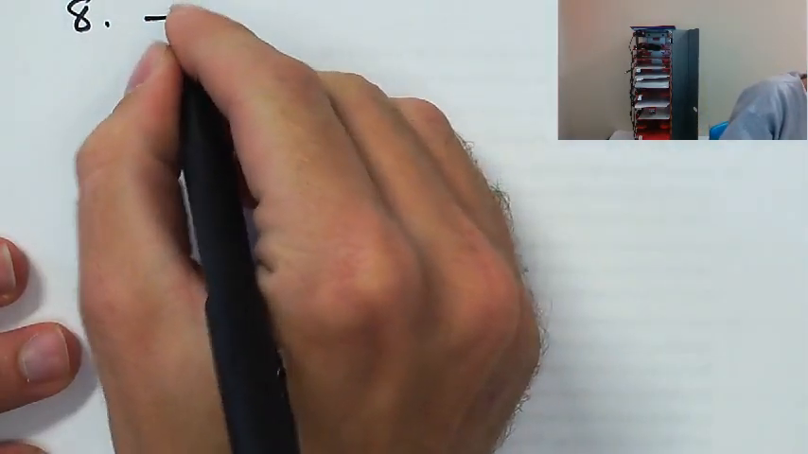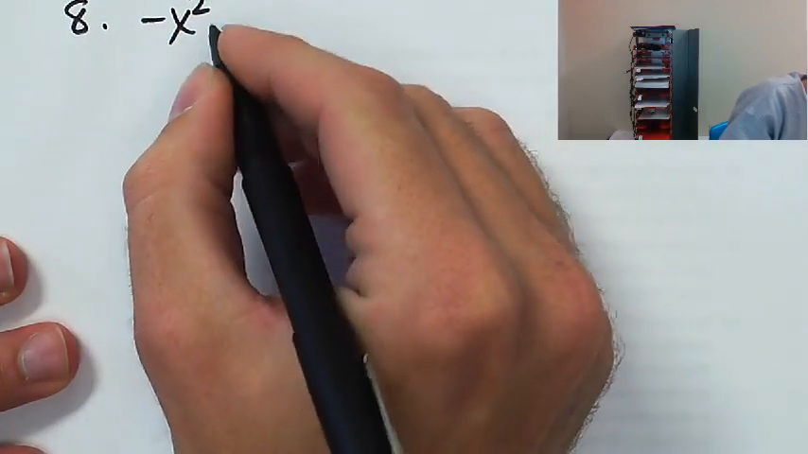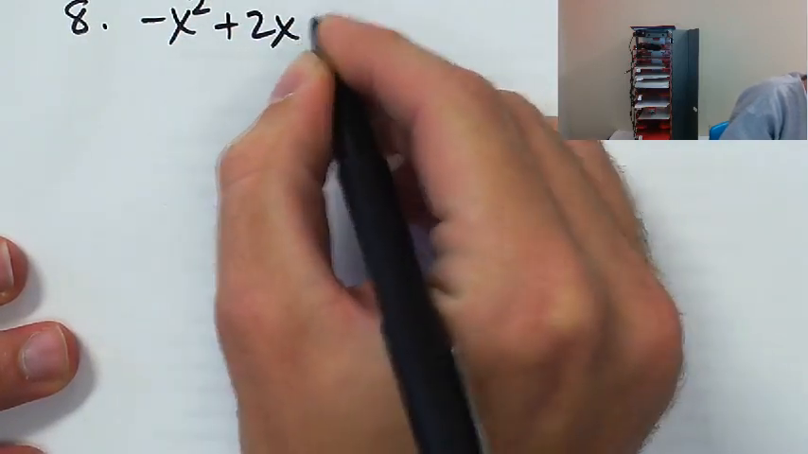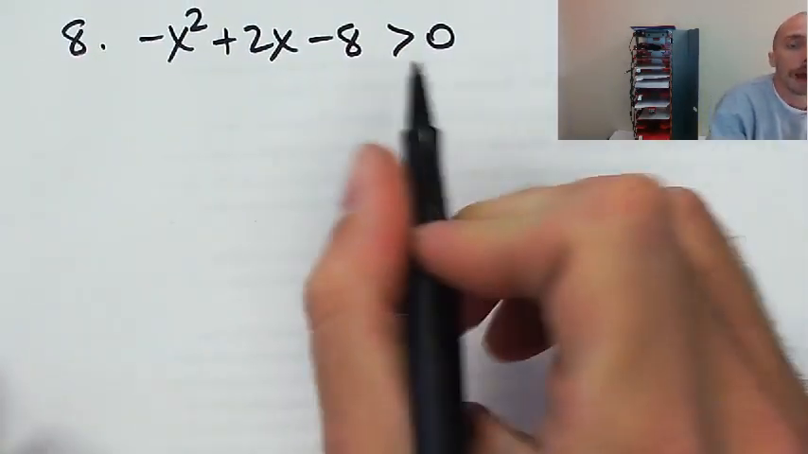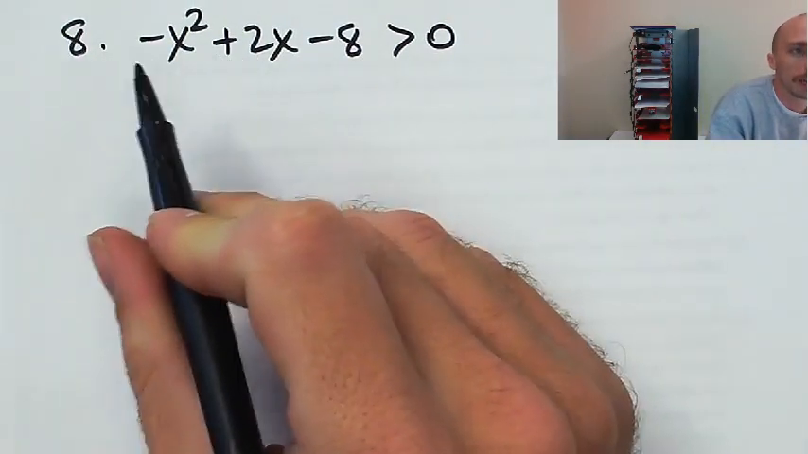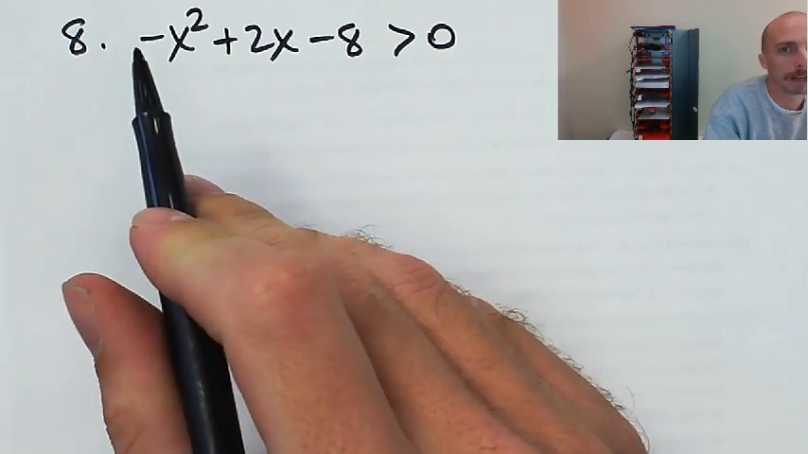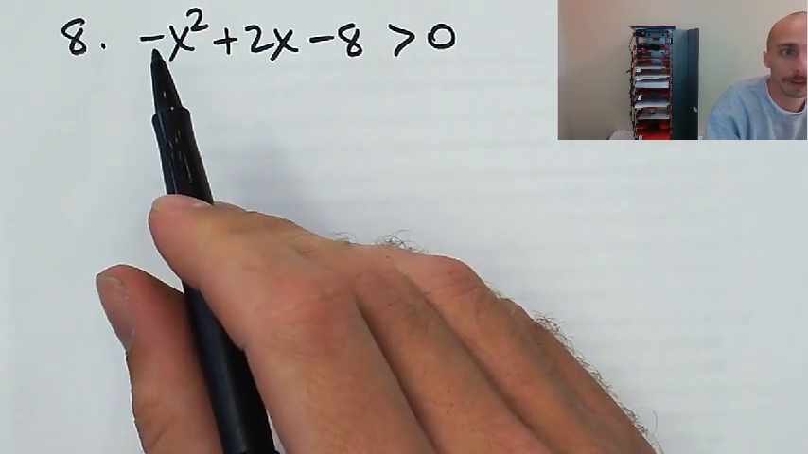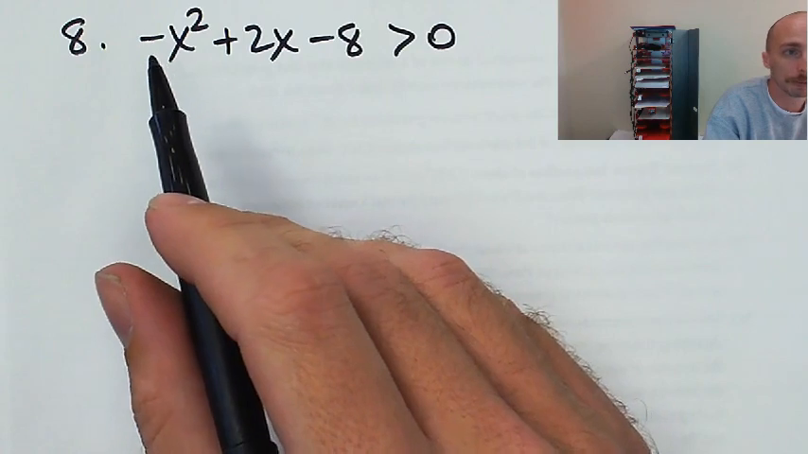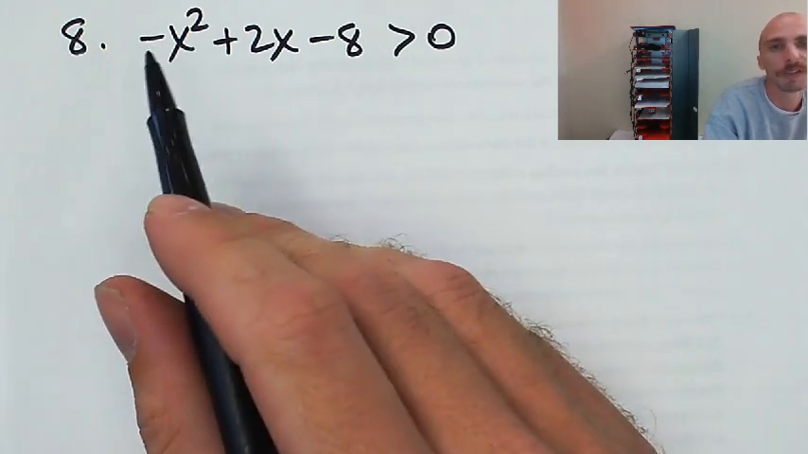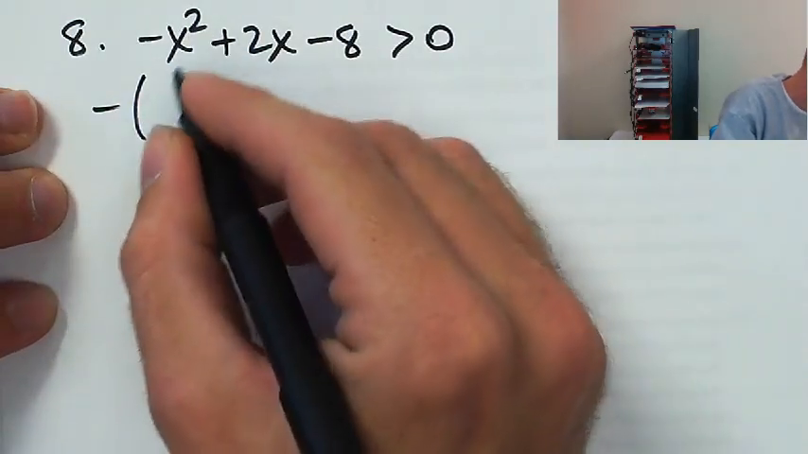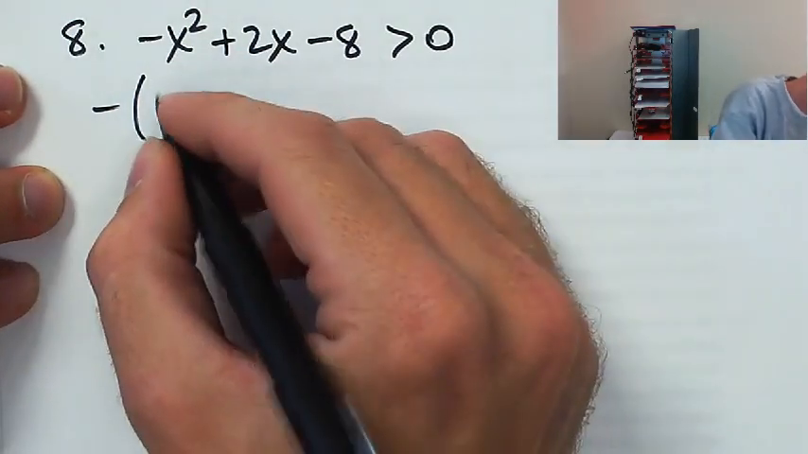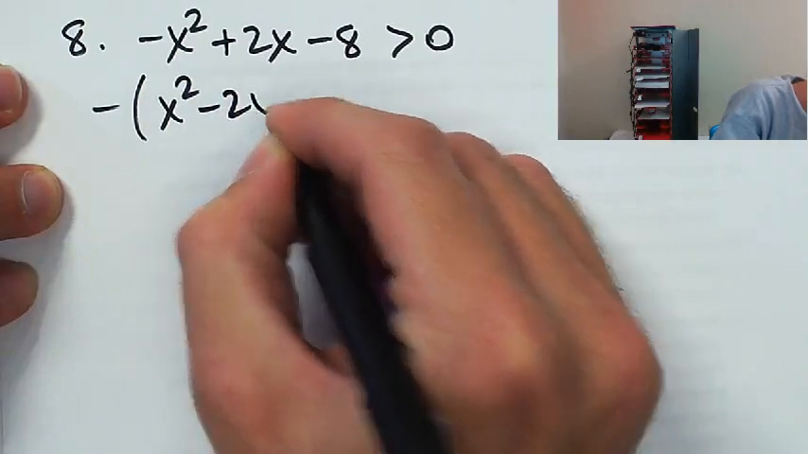All right, number 8. Negative x squared plus 2x minus 8, okay, good, is greater than 0. It's already set to 0, so that's good. Okay, this is negative, but I'm really good at factoring when the leading coefficient is 1. Not so great at factoring when it's negative 1 or something else. It makes it harder. So what I'm going to do is factor out the negative before I start factoring. So I'll have x squared minus 2x